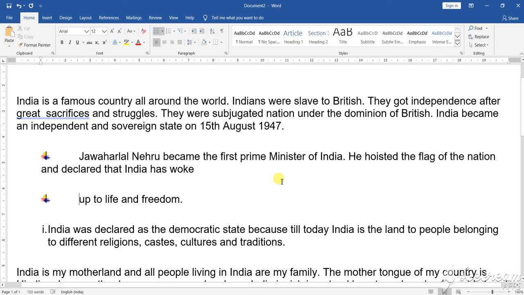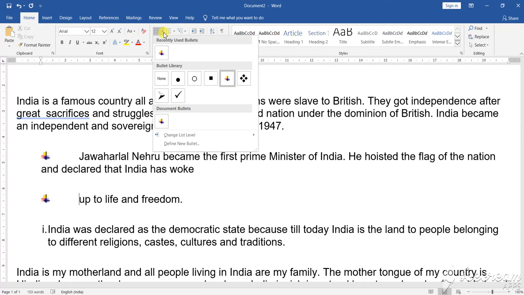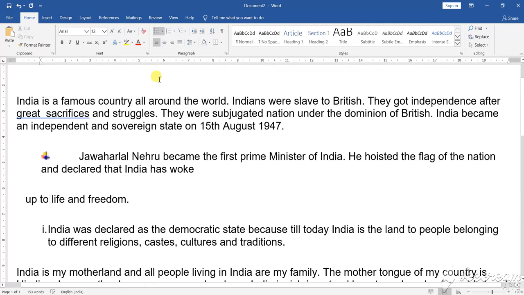Students, this is the continuation of the previous video on bullets. I was discussing that when you press enter or go to the next point, by default it will take the bullet that you applied previously in the first case. Now suppose you don't want the bullet. If so, you can go for None. See here, as soon as you go for None, it comes in this particular format.